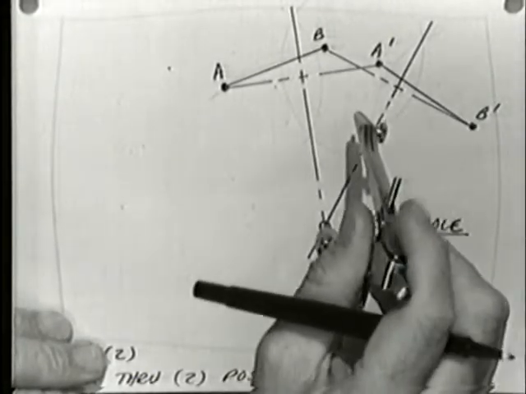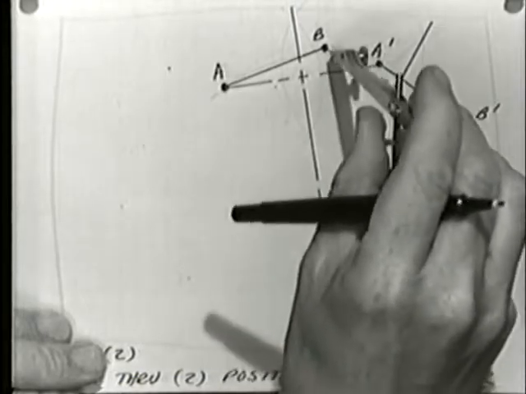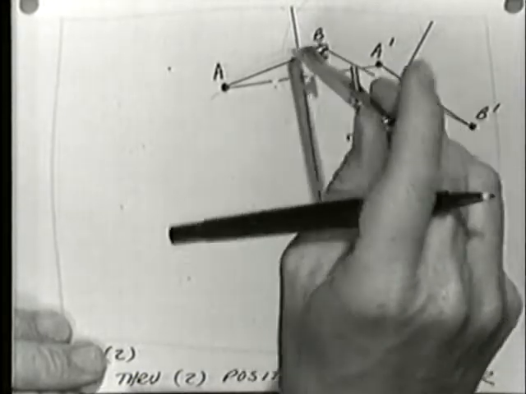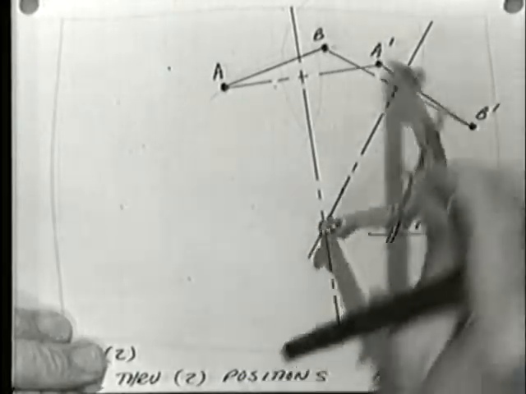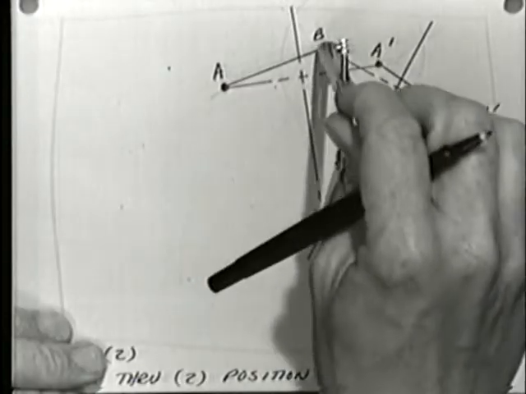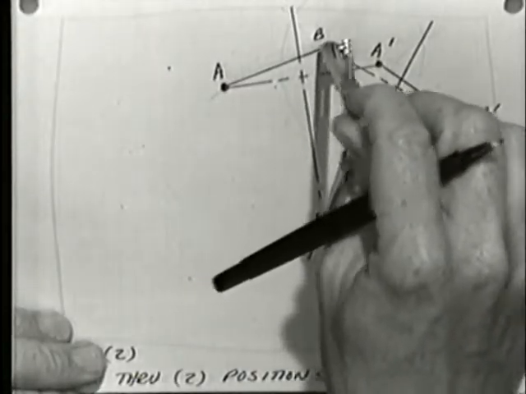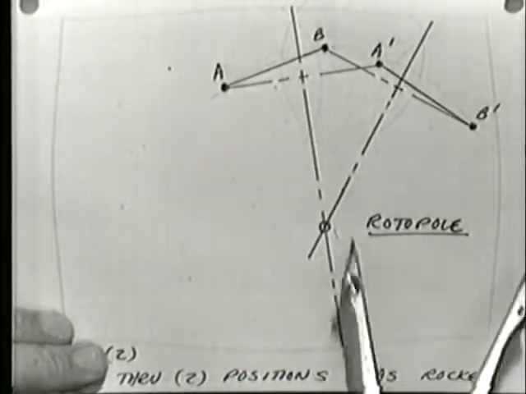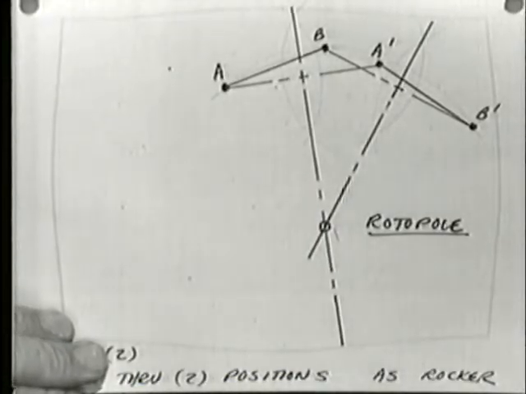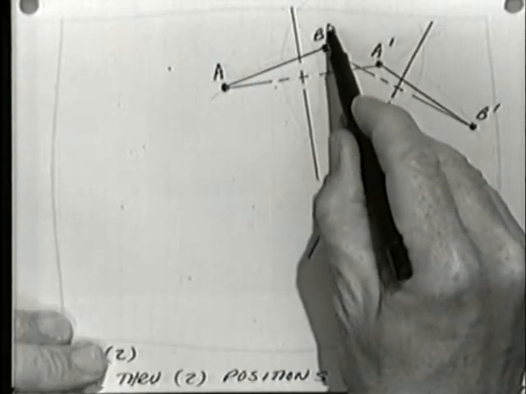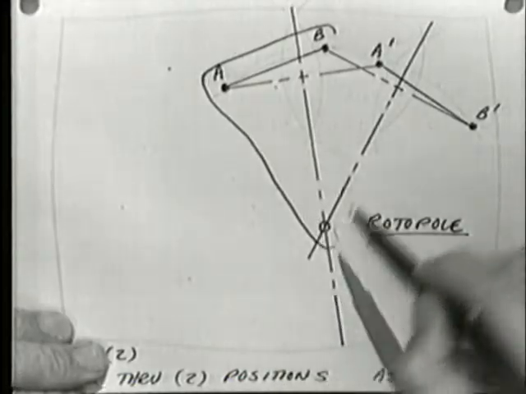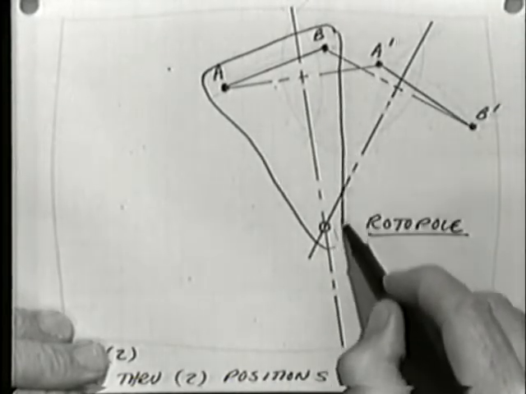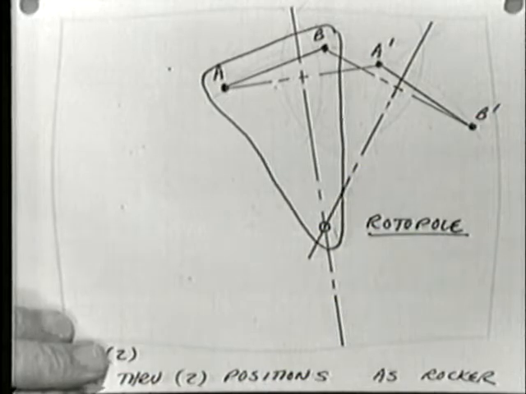This point is also on the perpendicular bisector of the line BB prime. Therefore, it will serve as a center around which any arc struck with that radius, or the arc struck with the radius rotopole B, will go through both B and B prime. So if I use this as a center then, for the rotation of this link, and I'm going to now draw some meat around that link which started out life as only AB, line AB,